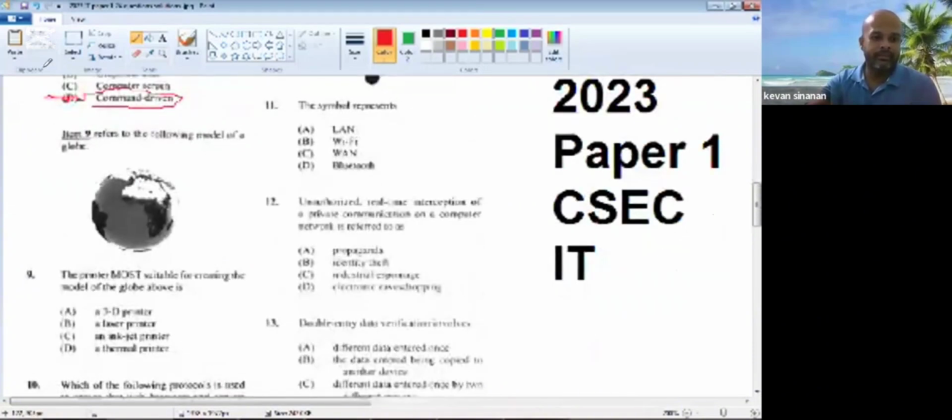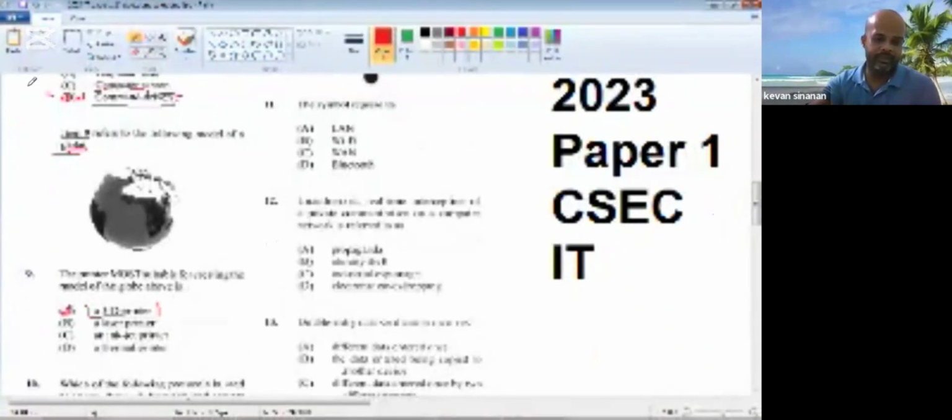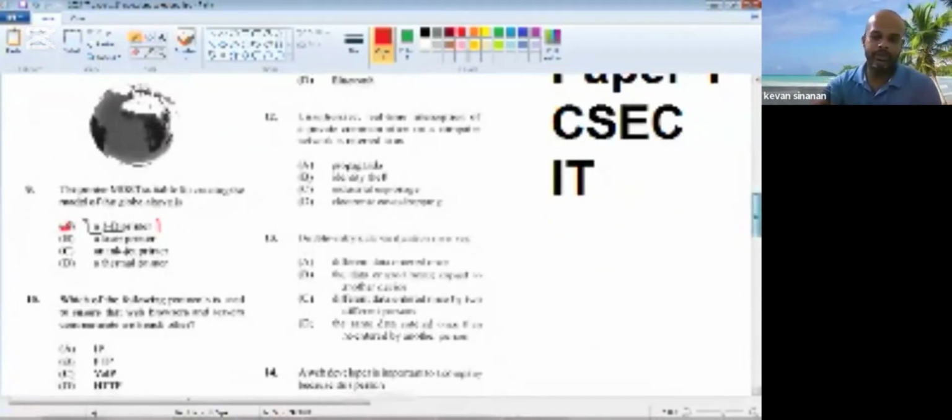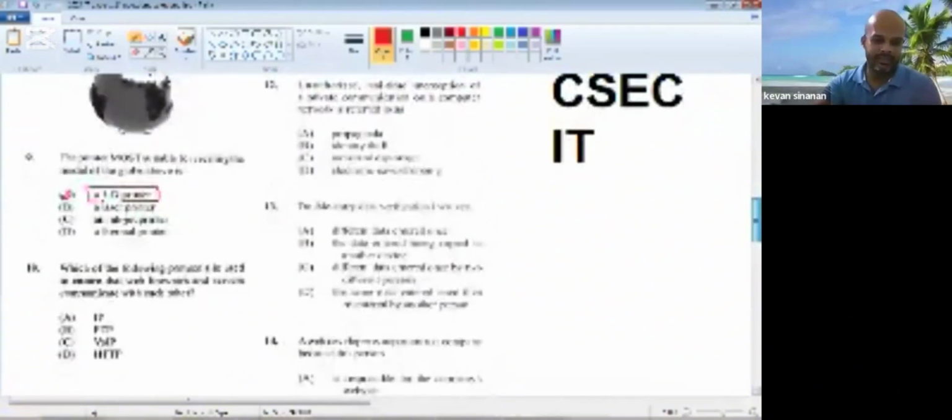Number 9 refers to the following model of a globe. So we're printing a globe, and they're asking us the printer most suitable for creating a model of a globe. Because a globe is a three-dimensional item, it will be a 3D printer. Everybody should get this one correct. I'm not even going to get into it too much, but a laser printer is what you use for paper, an inkjet printer, paper, and a thermal printer as well, for you can even print on different types of surfaces, apart from